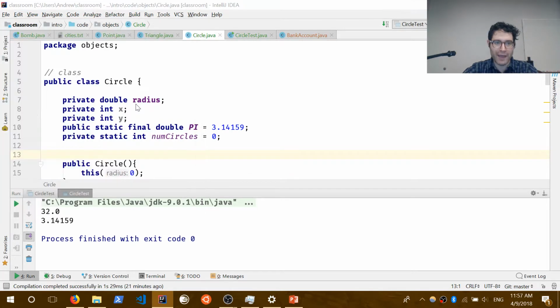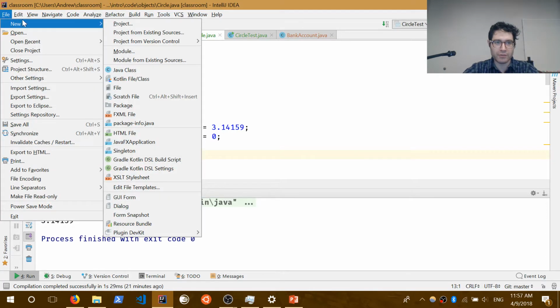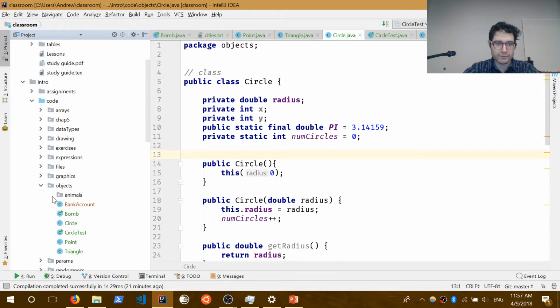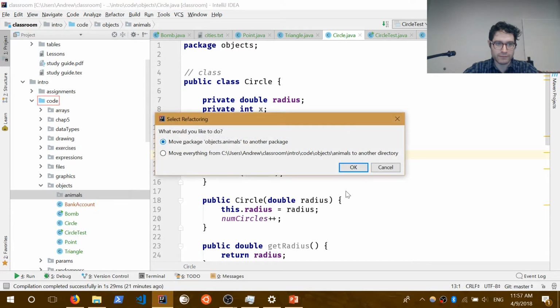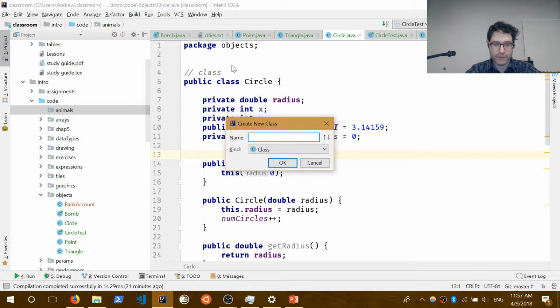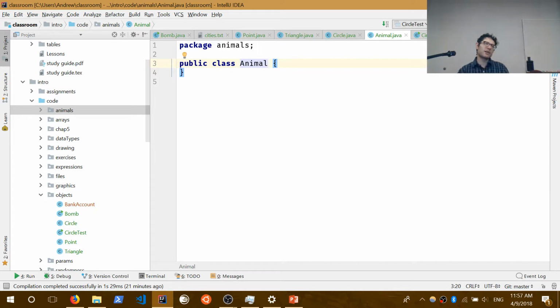So new package, animals, new, and so now let's go into the refactor, there's nothing for refactor in there, new class. Now let's create the animal class. Right. So this is an animal class. And what we're going to do is that we're going to build a bunch of objects that represent different types of animals. Okay? And the idea here is that we want to reuse as much code as possible. Okay? And Java provides mechanisms for doing this. Okay? So an animal,